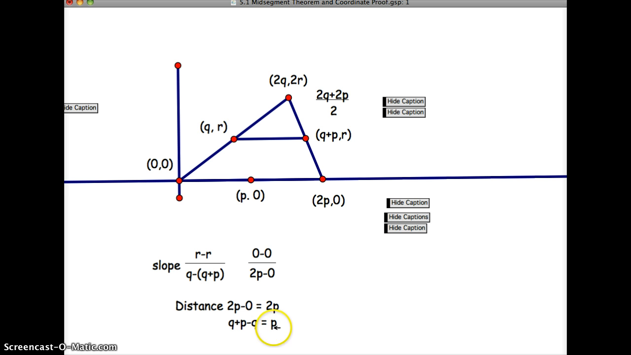Is p half the value of 2p, or is 2p twice the value of p? Absolutely. Okay, so now we've proved that the midsegment is actually half of the third side. Okay, and once we prove that for one,